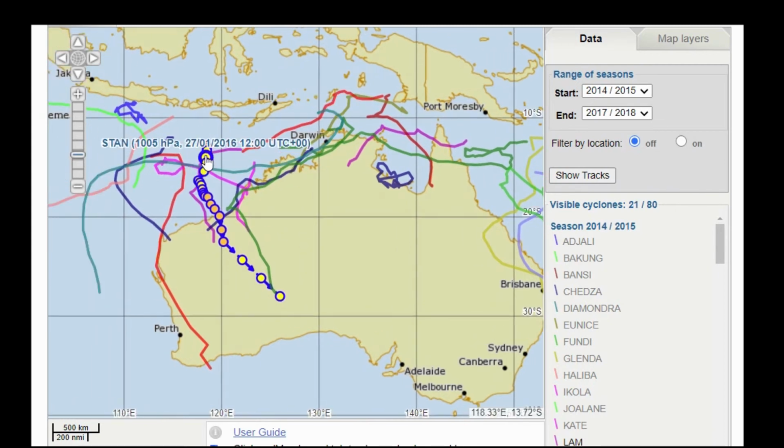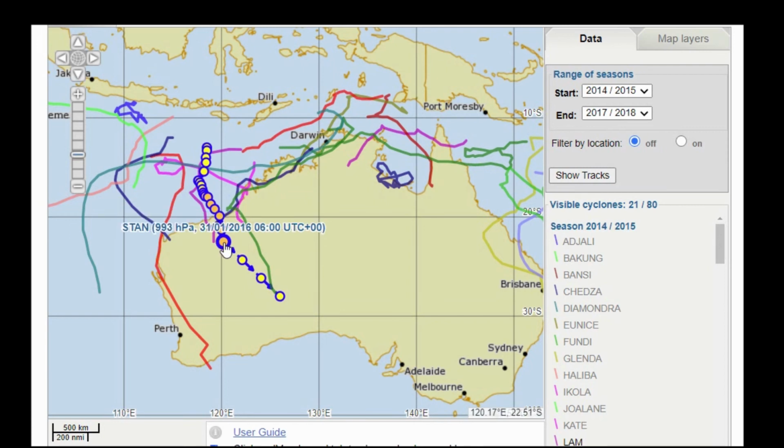You can see that it started out at 1005 hectopascals, which is low, but not excessively low. And as it developed, you can see how the air pressure drops to 1000 hectopascals, 996, 987. It gets more intense, 980, and then it crosses the coast and is now over the land, and it's 987,